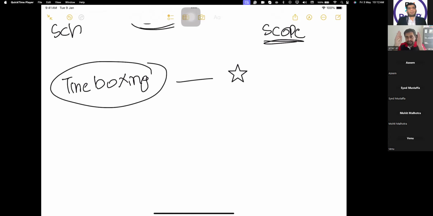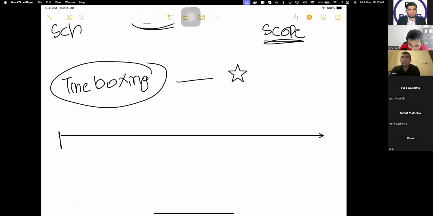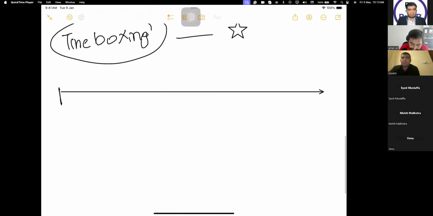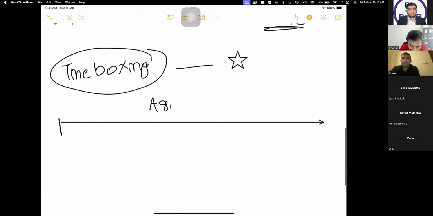We plan at a high level. Let's say we make an Agile charter. We have a start date, say 1st of January, and an end date, 31st of December.